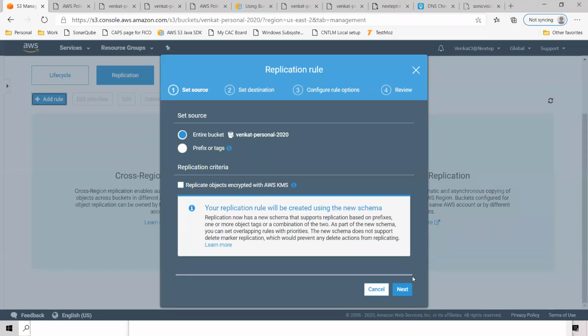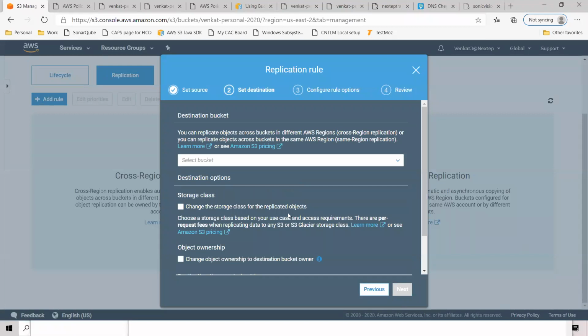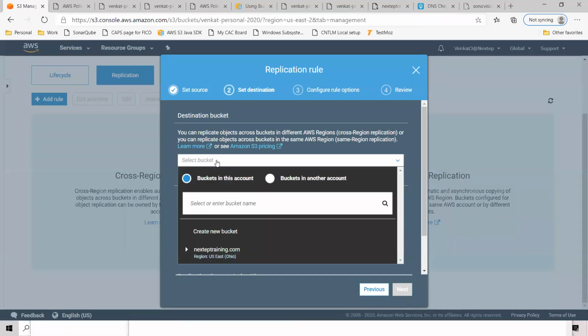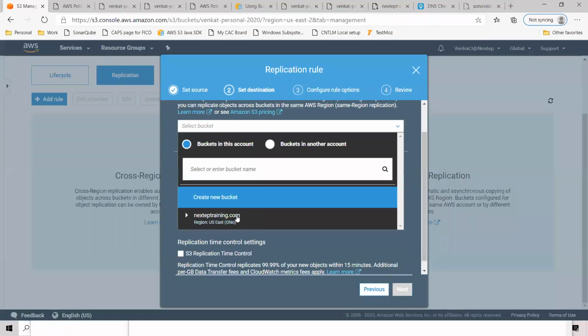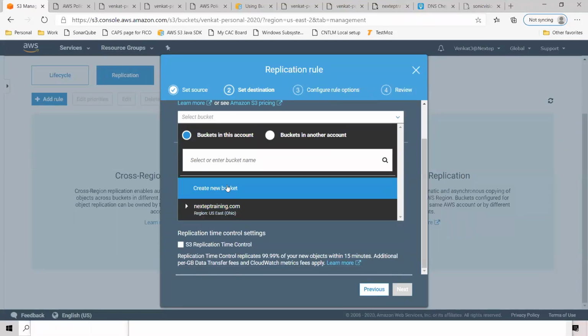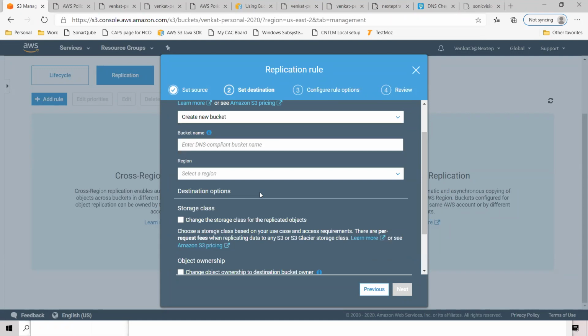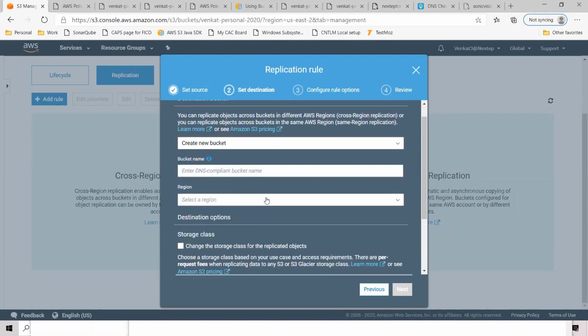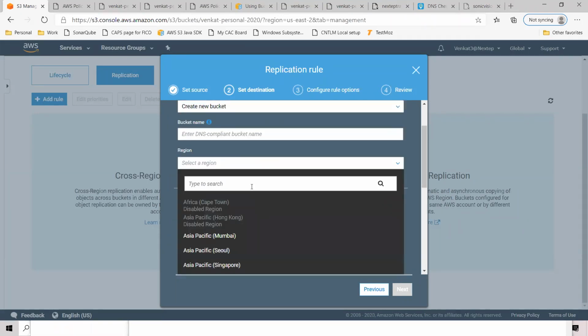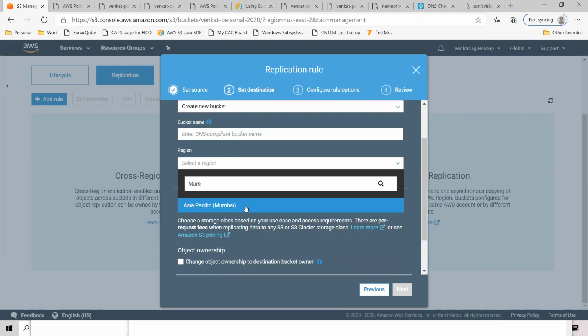So I don't need encryption options there. And then the destination bucket. You can select your buckets there, or you can create a new bucket and select your region here. Sure, create a new bucket. The first thing it asks is the region, Asia Pacific Mumbai.